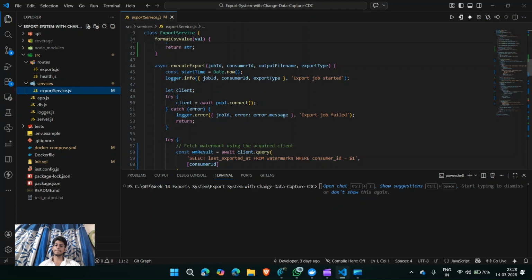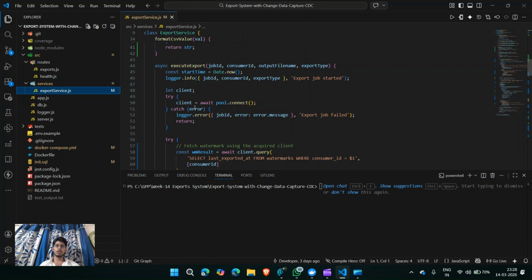So here, currently, the background jobs are run inside the Express process. If the server crashes, the job is lost. A massive improvement would be using a message broker like RabbitMQ or Redis with BullMQ to handle job queues, retries, and worker scaling. So right now we are doing a polling approach based on the